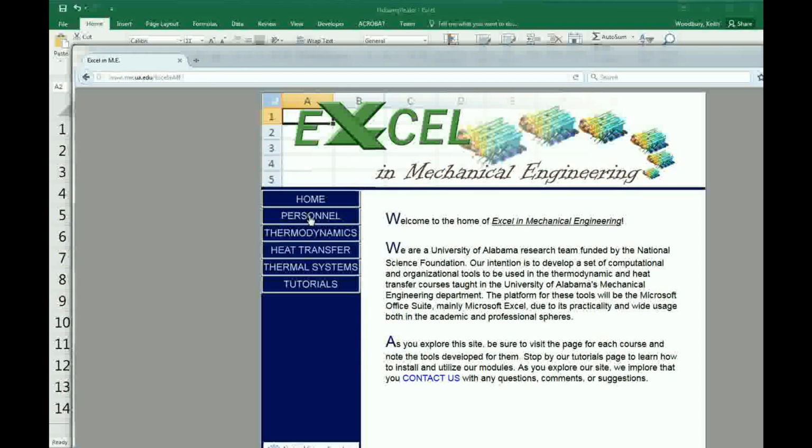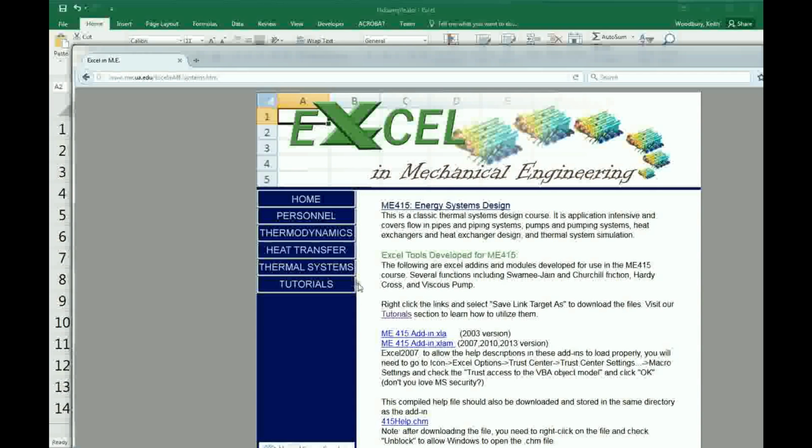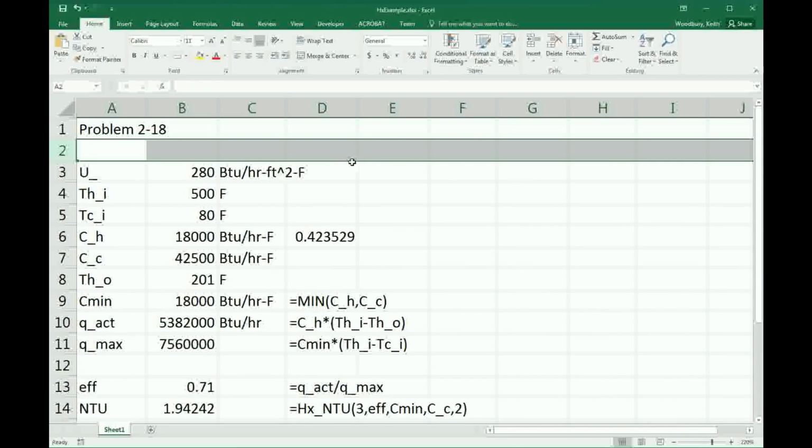So these add-ins that we're using for this solution are the heat transfer add-ins, but we're using them from the thermal systems page. You can get them in either place, but we're using the heat transfer add-in and the thermal properties of water and air add-in. Okay, well, back to this problem from